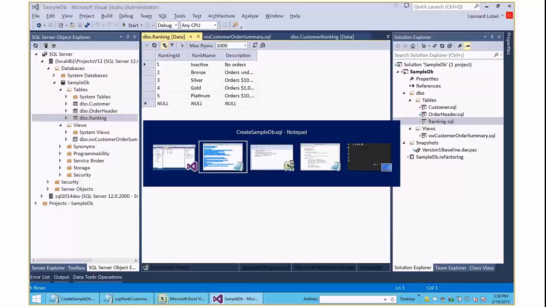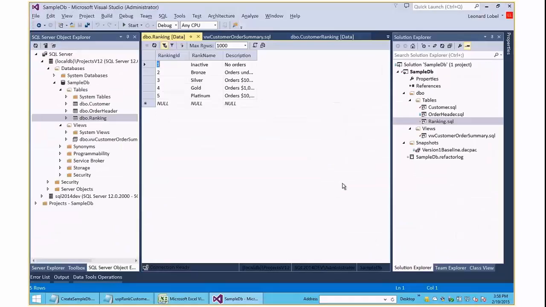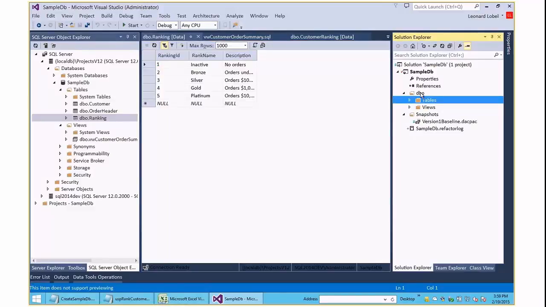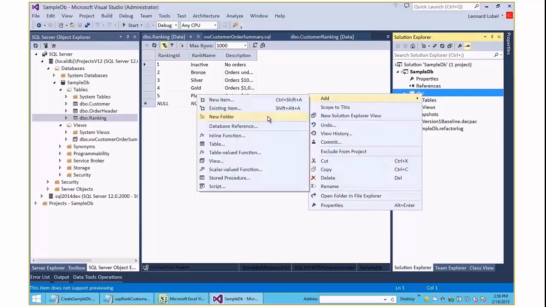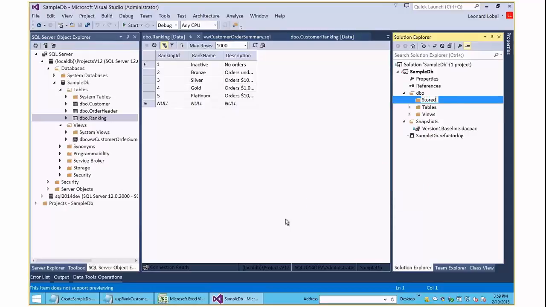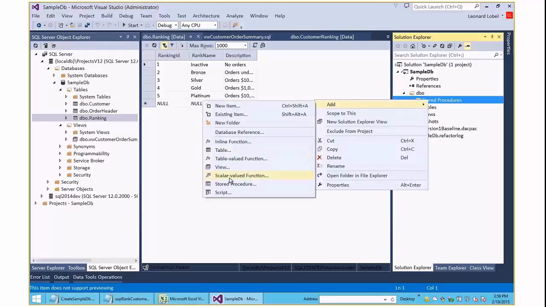We're ready to create the stored procedure to update customer rankings. And here's where I'm going to issue a statement, the purpose of which is to demonstrate how to debug stored procedures using SSDT. Not necessarily that the implementation that I'm about to show you is the correct way to do this. In fact, it's probably not. What I want to do is create a stored procedure. I don't have a stored procedures folder yet because, like I said, at the time I imported the database into the project, I didn't have at least one. So I'll create it by hand, and inside of that stored procedures folder, I will create a stored procedure called